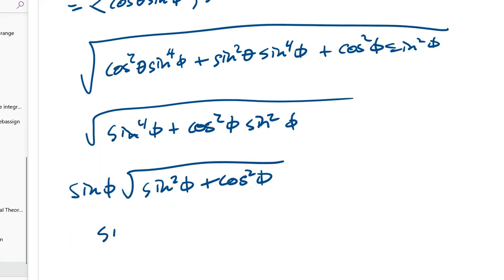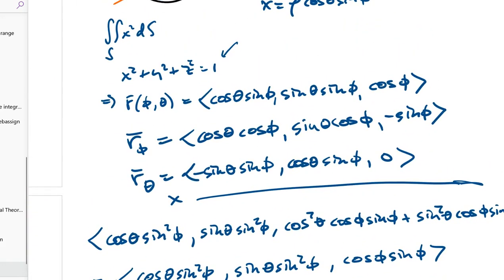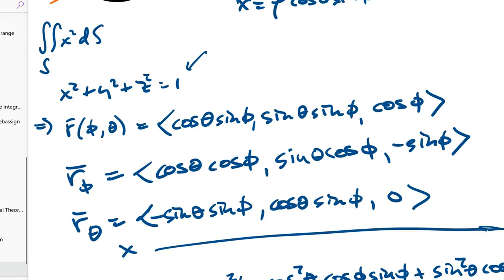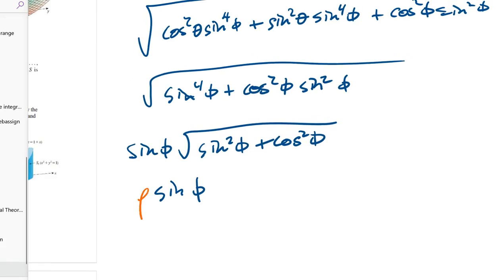So out of all this, I just get sine of phi, which is, if we had the rho on here, if this was rho and then rho here, we would have had at the end rho sine phi, which is just the Jacobian. So if you look back at 15.9, you'll see that really this is just the Jacobian that we found before